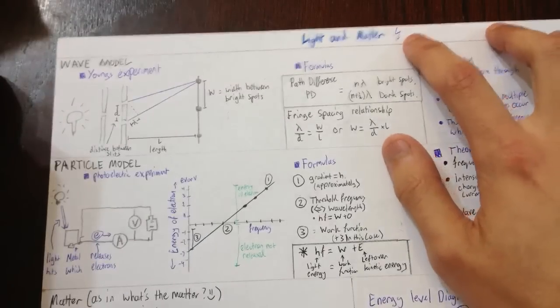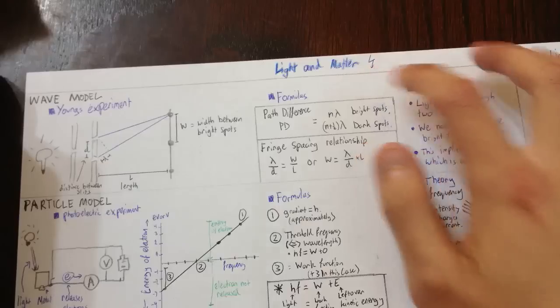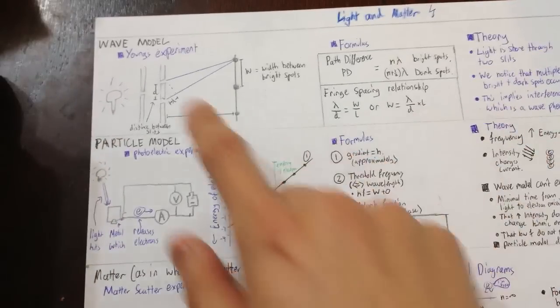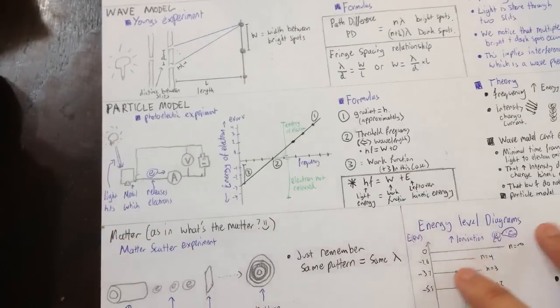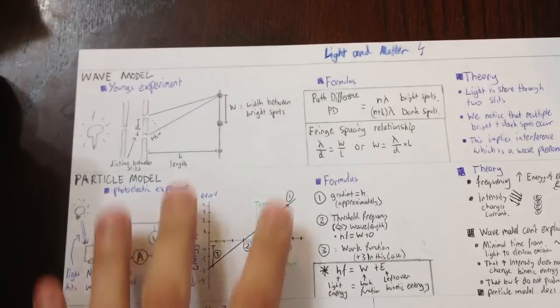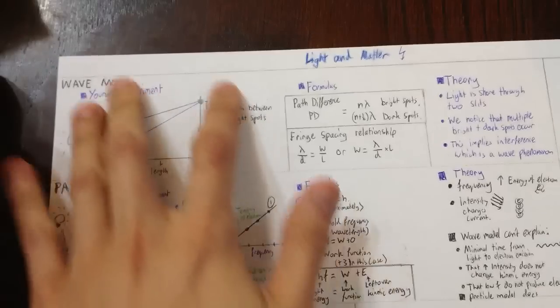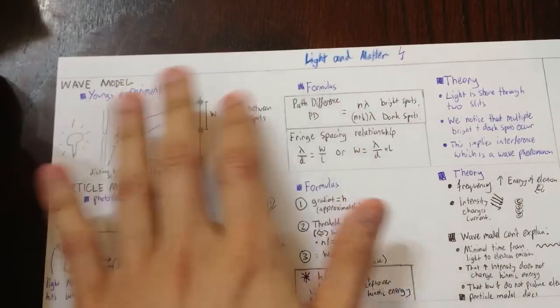So we're talking about light and matter, lightning bolt, because that's light. And we have the wave model, the particle model, and matter down here. The key to doing this is to remember there's an experiment. Young's experiment is the wave experiment, and it has formulas and there's a bit of theory, and it tells us